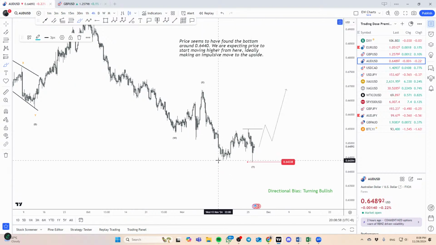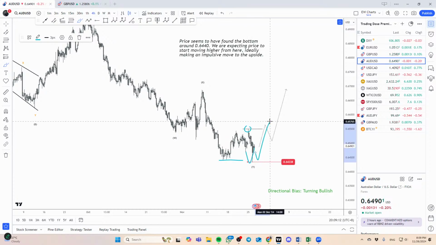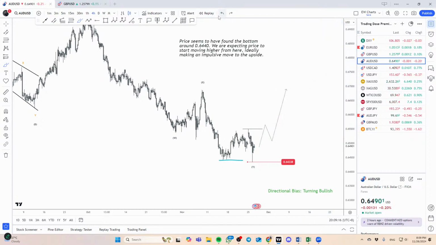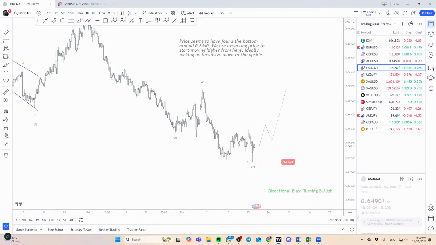The market has actually taken out that low, but gave us a decent bounce, so that can potentially be what we call a liquidity sweep, okay, or a fake break. But the liquidity sweep or the fake break can only be confirmed once price takes out this high, okay, and then we'll wait for correction. We can look for upside, but until then, I'll be patient on this, right? The bias is basically turning upside, okay, but nothing confirmed yet as of now.